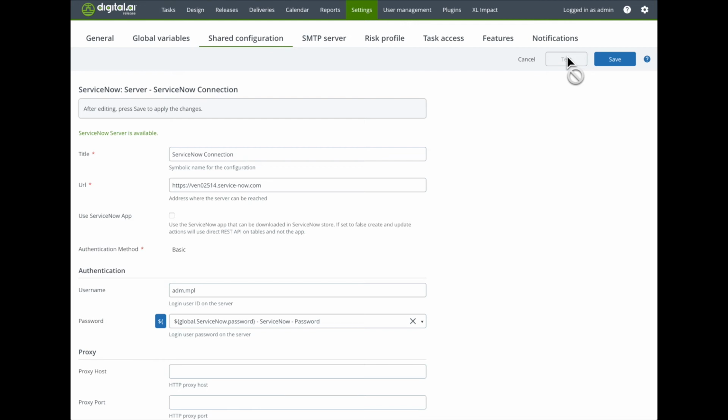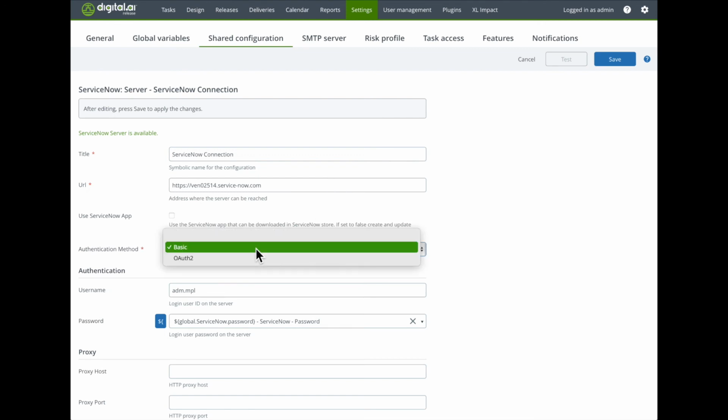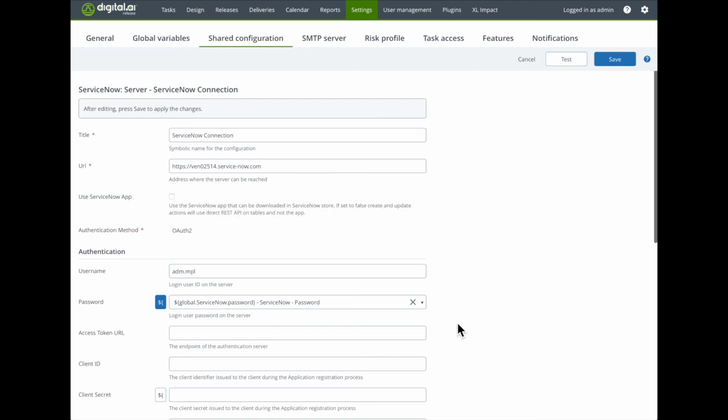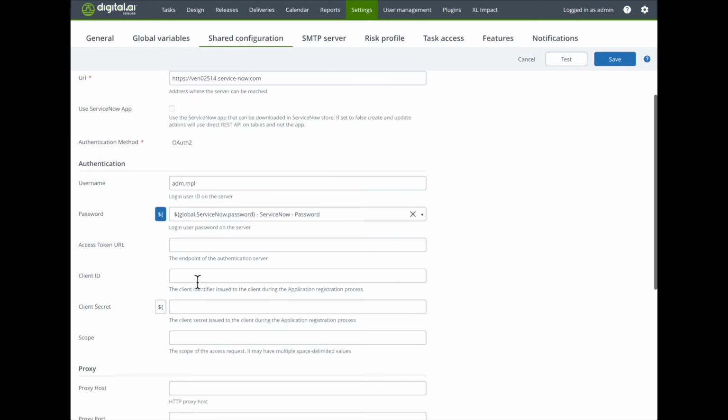With this under our belt, let's switch to a more modern and secure authentication protocol, OAuth2. In Release 10.1, we've added out-of-the-box support for OAuth2 for any integration that needs it. If your third-party service supports OAuth2, you can connect to it from Release without any fuss. No additional coding is needed for the integrations. In fact, integration developers do not need to know about the OAuth2 protocol at all in order to support it. We simply select OAuth2 from the drop-down menu, and you'll see that the UI changes with additional relevant properties